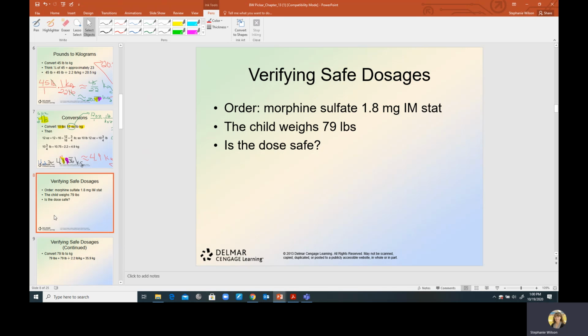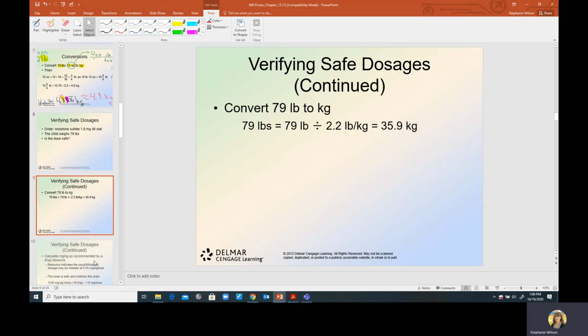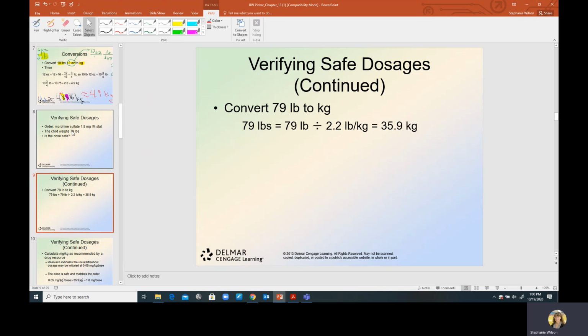So now let's go on to this next one. This next one says we have an order of 1.8 milligrams intramuscular stat. We have this child who weighs 79 pounds, and we want to know, is this going to be safe for that patient? Well, I need to double check. I believe